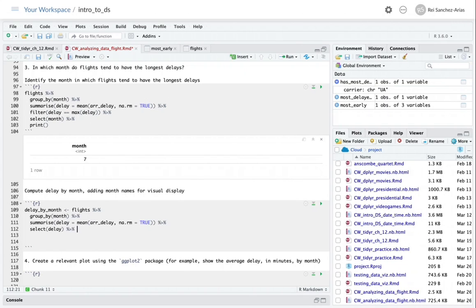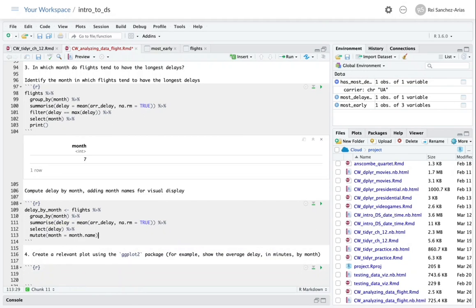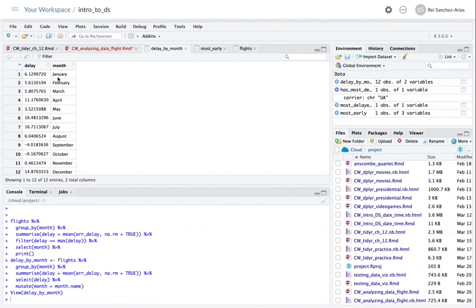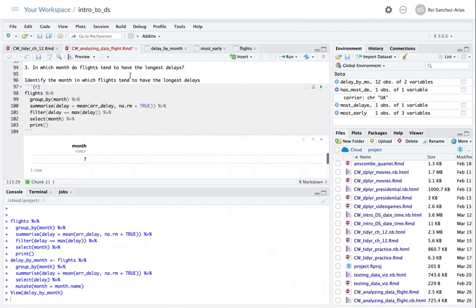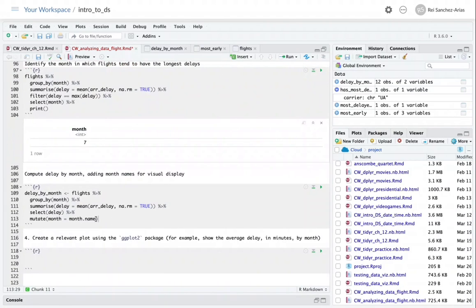So we can create that in the following way. I can pipe this into mutate and create my variable called month, which will be month.name in this case. If you do that and run it, if you were to observe the delay by month object and you were to open that, you'll see that instead of 1, 2, 3, 4, and so on, now the month actually has the name. So the function that we use here from R is the month.name